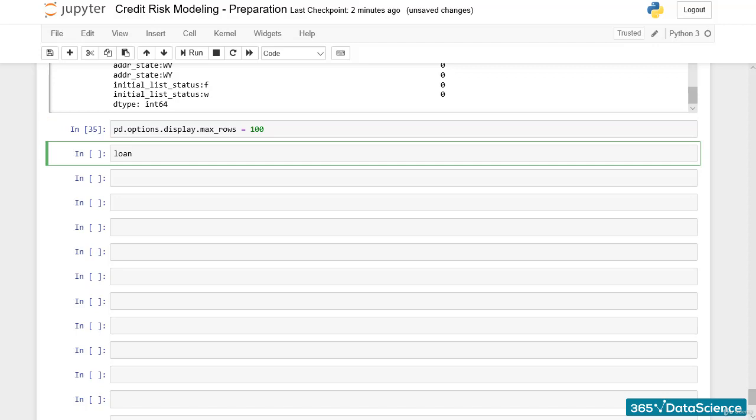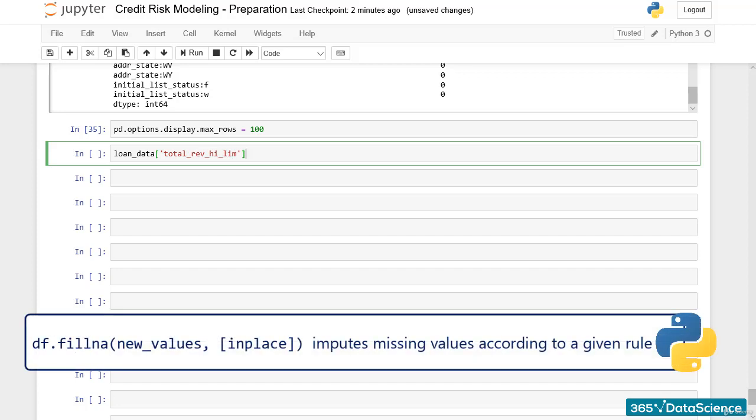Let's take total revolving limit, for example. Here is how we do this. We take a variable and apply the fillNA method to it. We need to specify 2 arguments of the fillNA method. First, we need the new values we're going to replace the missing values with. Here, it makes sense to replace the missing values with the respective values of funded amount. This way, if we don't have data for the revolving limit, we assume it is equal to the funded amount